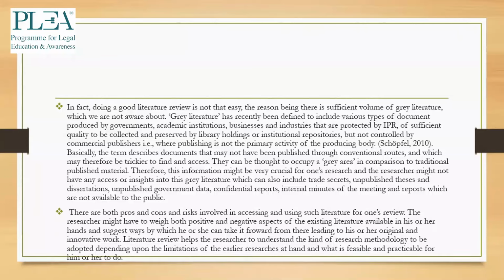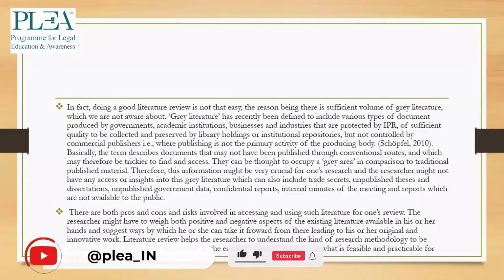For example, gray literature has been recently defined to include various types of documents produced by government, academic institutions, businesses, industries that are protected by IPR. They are protected by intellectual property rights. They are of sufficient quality to be collected and preserved by library holdings or institutional repositories, but not controlled by commercial publishers. That is, this kind of literature is not available into the public domain. There can be certain trade secrets that are important for your research. There can be certain confidential information,